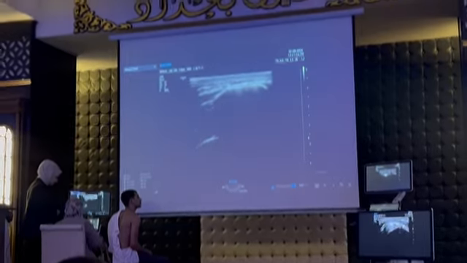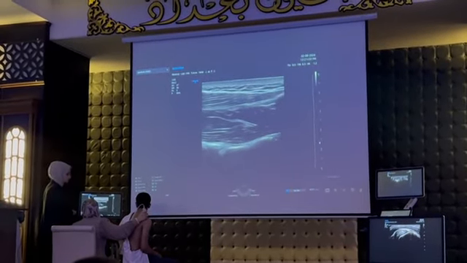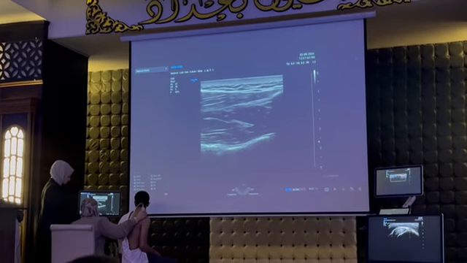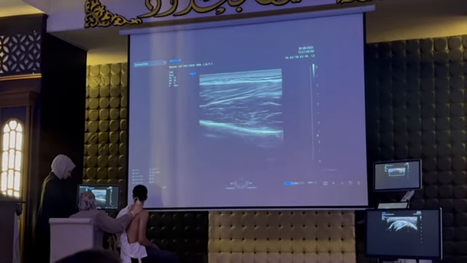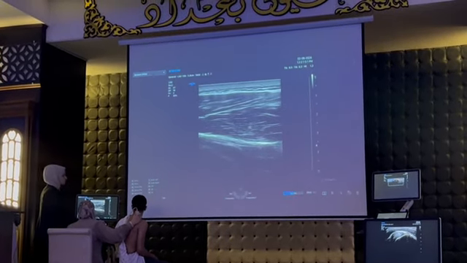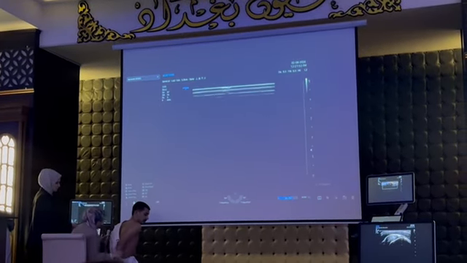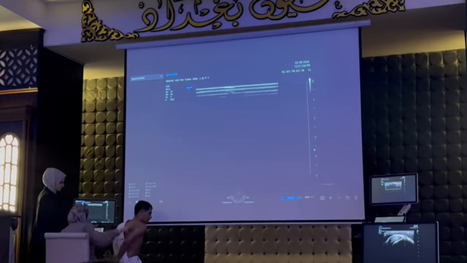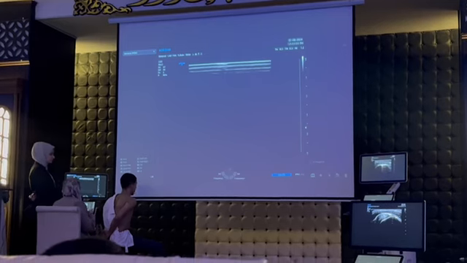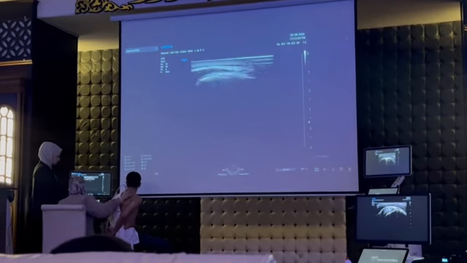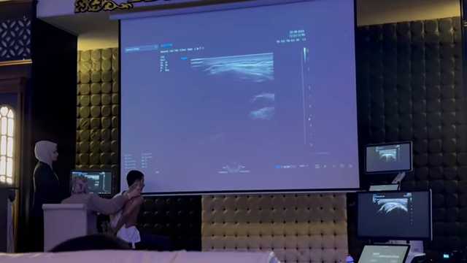Now, how to continue to examine? What is the action of supraspinatus? Its action is abduction. So I should do an action against its normal action, which is adduction. So ask the patient to put his hand in his jacket. This movement is called adduction, for better and dynamic examination of the supraspinatus muscle. So when I reach below the acromion, you see, below the acromion,